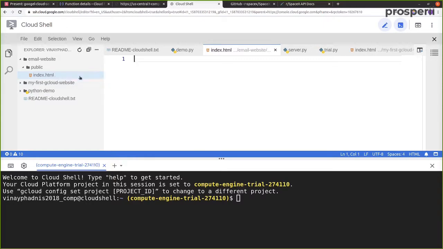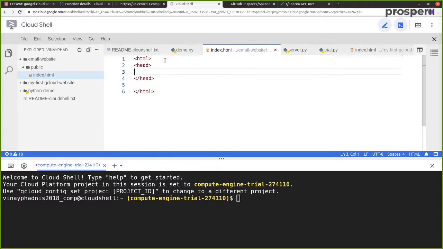Let's quickly write some text over here. First of all, we have the HTML tag. Over here we have HTML, and then we have the closing tag for HTML. So we have /HTML. Then we have the head tag. Then we have the closing tag for head. So we have /head.